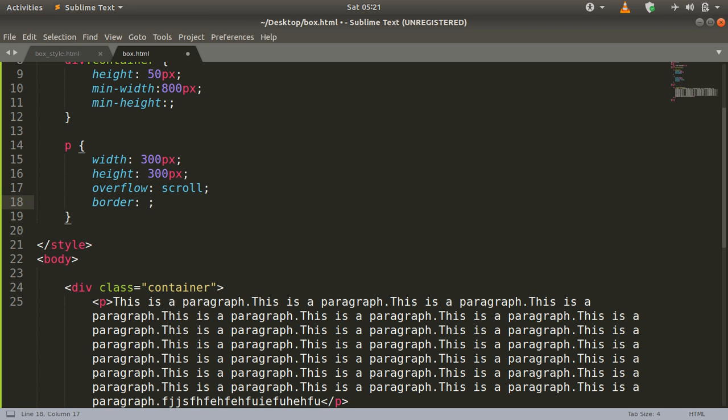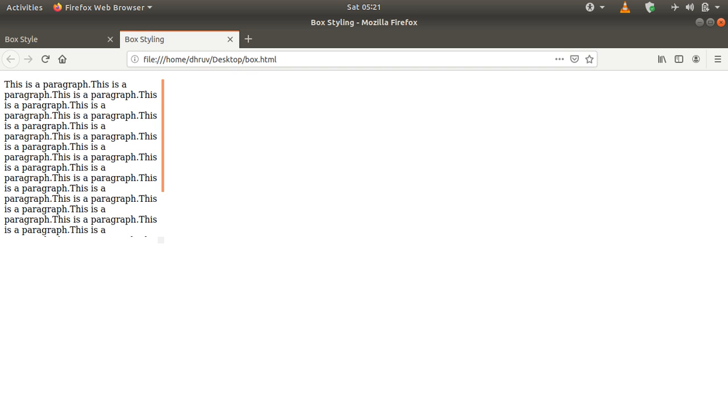The value it takes is basically divided into three parts. First we are going to define the border width, so let us have a border width of 2px. Then we have to define the style of the border, which kind of border we want. Let us say we want a dashed border. And at last we have to define the color, so let us say we want a border of red color. I know it is a weird combination, but it is only for your understanding.